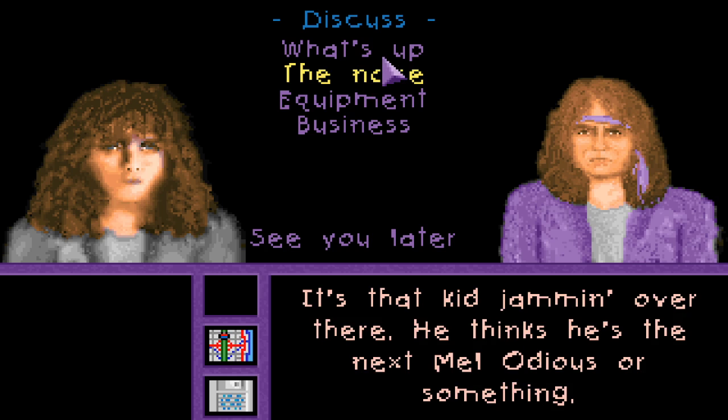So, something I almost forgot to talk about was this is made by the same developer who did a point and click adventure called Melodious. Melodious. Melody. It's a pun about that. And here you see it referencing Melodious.